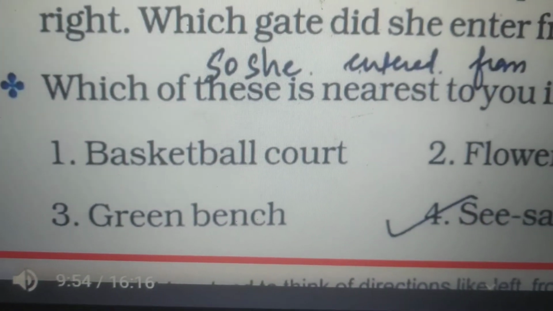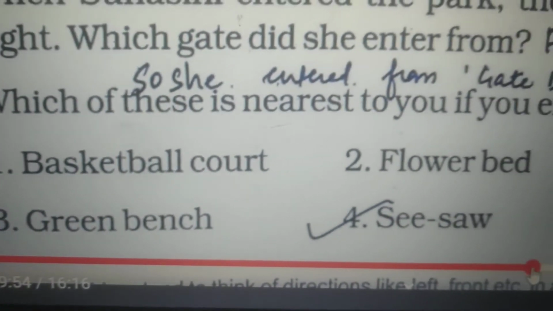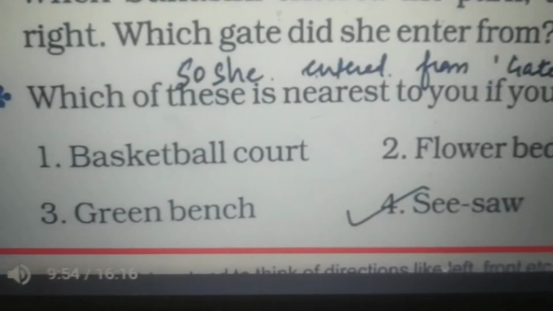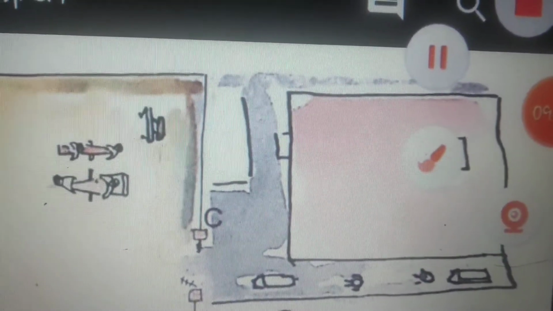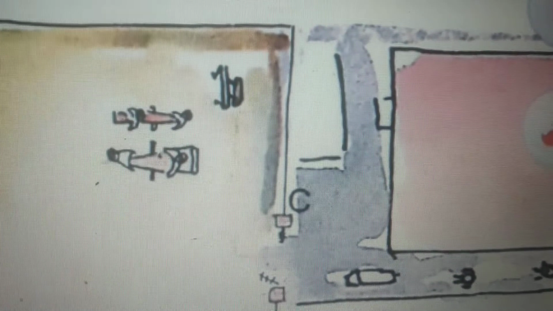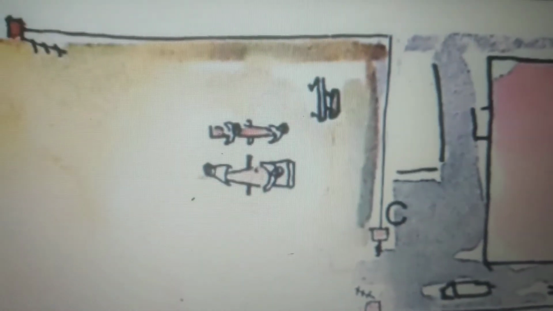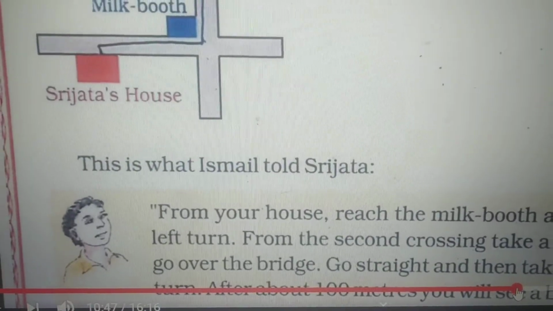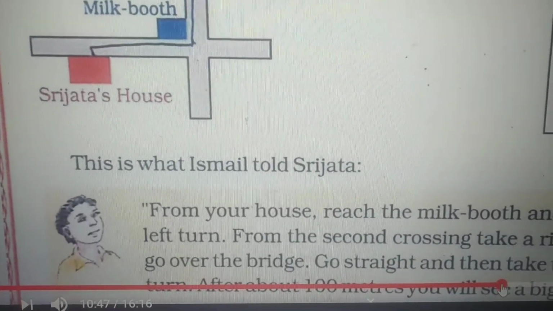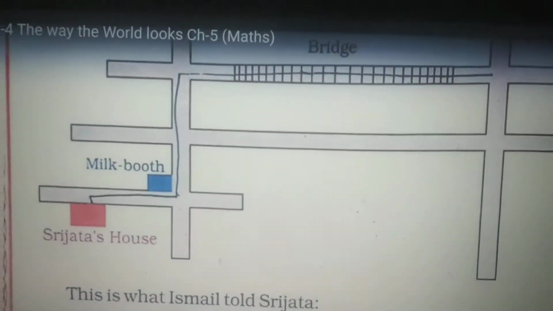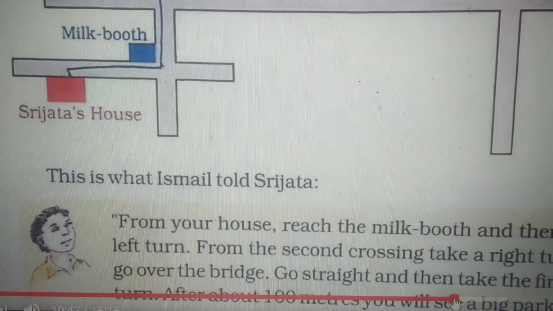Next question. Which of these is nearest to you if you enter from gate C? This is gate C, and if we enter from gate C, of course this is the seesaw, so the seesaw is nearest. Srijita has to go to Ismail's house, and Ismail has drawn this route map and is also telling that